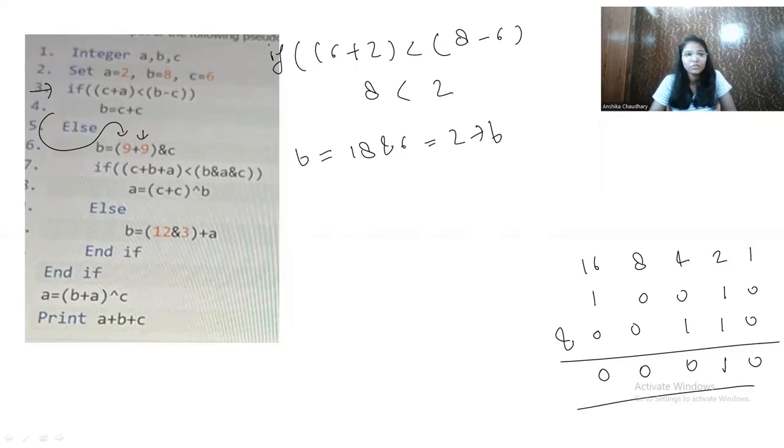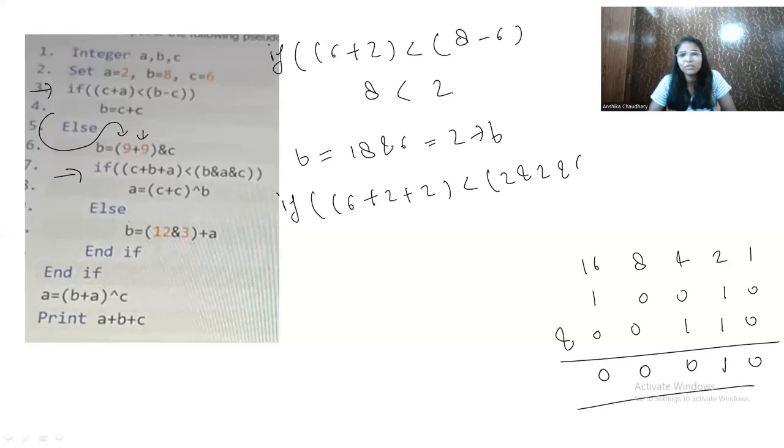Alright. Now, at line number 7, we will check a condition: if C plus B plus A, that means C value is 6, B value is 2, updated value, right? A value is also 2, is less than B and A and C. B value was 2 and A value was also 2 and C value was 6.